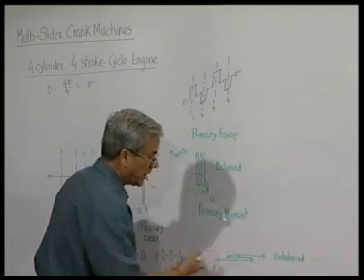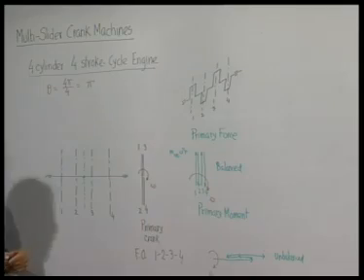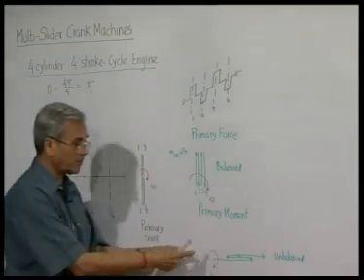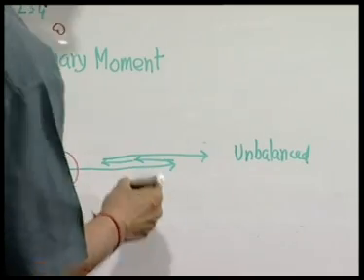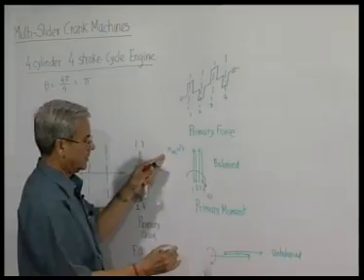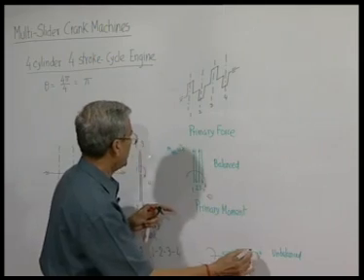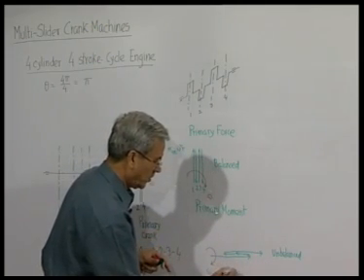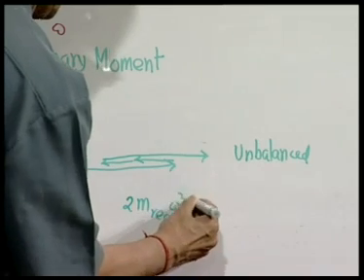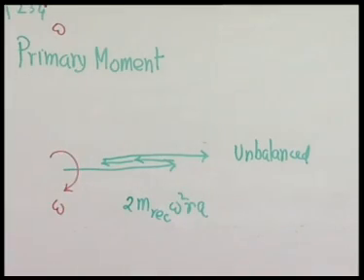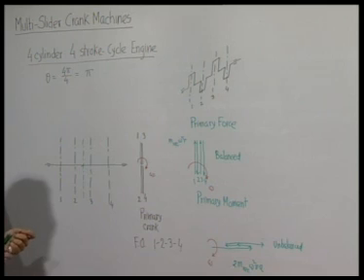So, this will be the direction of the actual balance, component you have to take. At this instant of course, we are getting the full one and the magnitude is simply this plus 0.5. So, 2 m reciprocating omega square r a, that is the magnitude of the unbalanced primary moment,